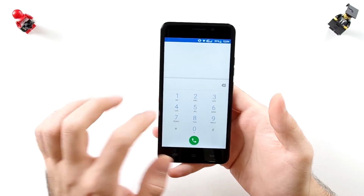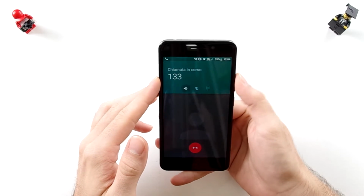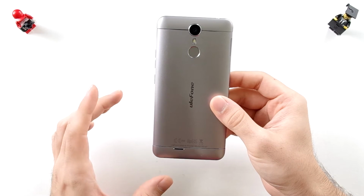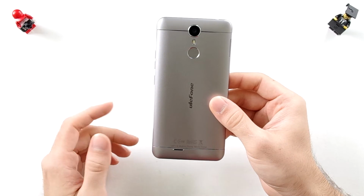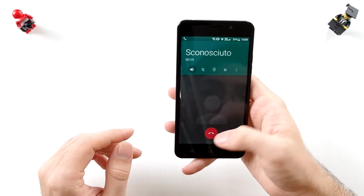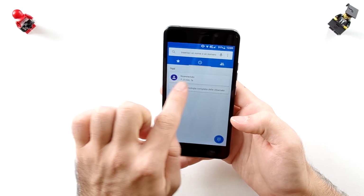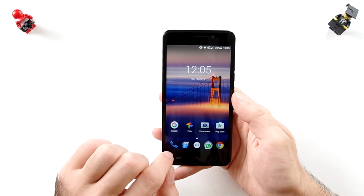So let's try a call through the loudspeaker, calling the 133 and taking the volume to the maximum level, and let's hear what comes from the speaker. The quality is good, even if it rasps sometimes, but it's good to make a call with loudspeaker. So let's hang up the call with the hand button, and you can see the unknown bug of the MediaTek SoC. So if you enter the register, you can see the unknown account